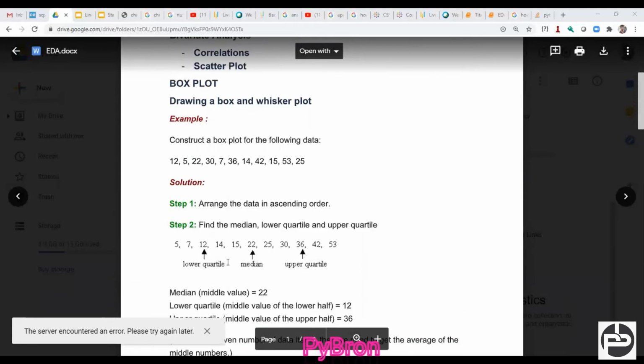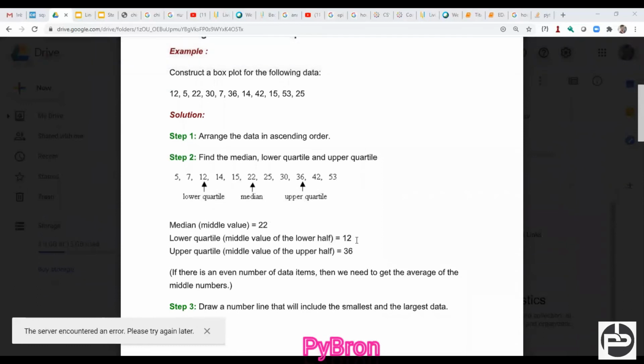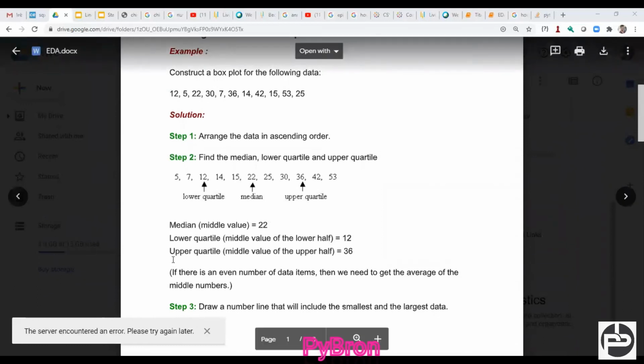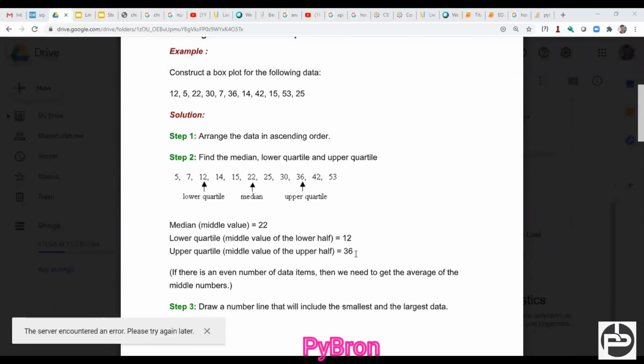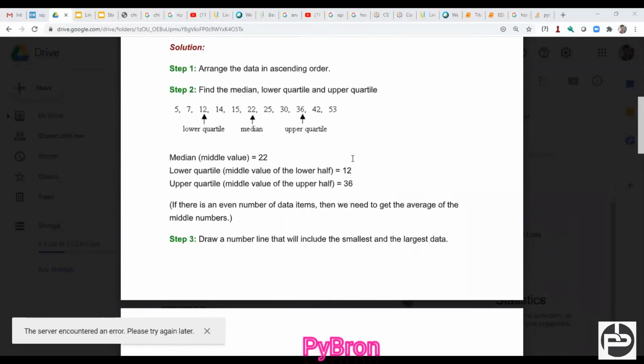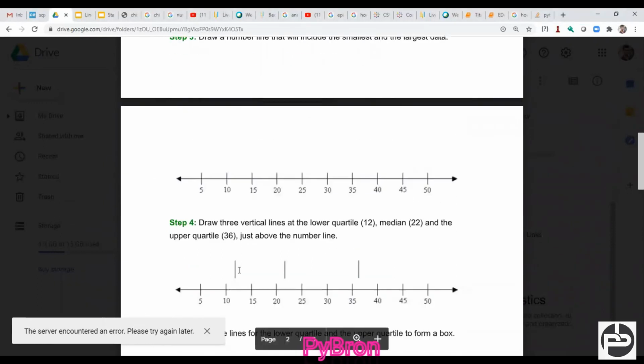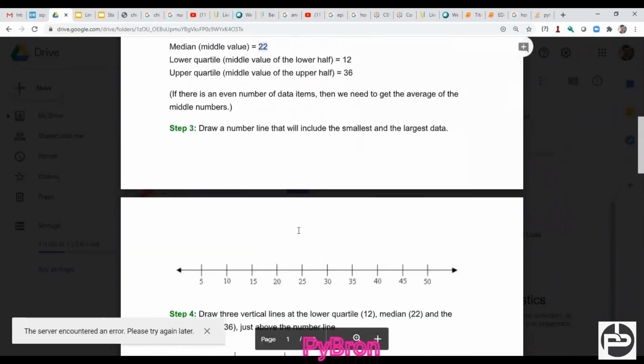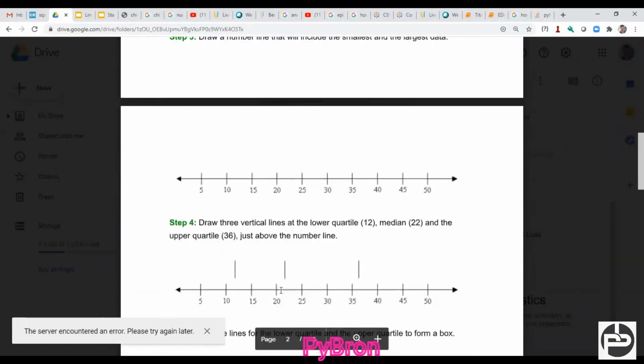What numbers did we find? 22 is the median value, the lower quartile is 12, and the upper quartile is 36, right? No doubt at all. We found these three things. Now try to plot these numbers on a number line. So 12 is there, and after that 22, the median is 22. So I just draw this line.